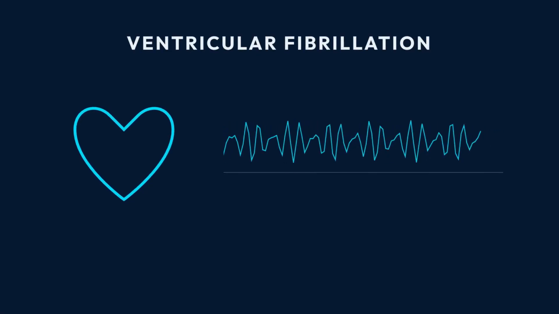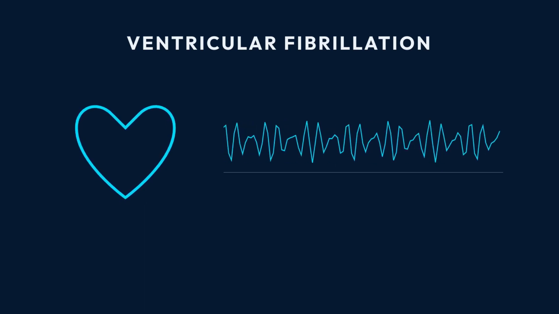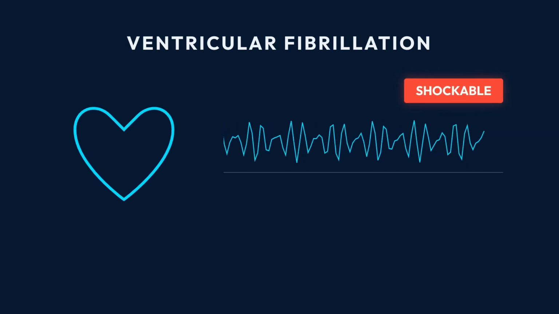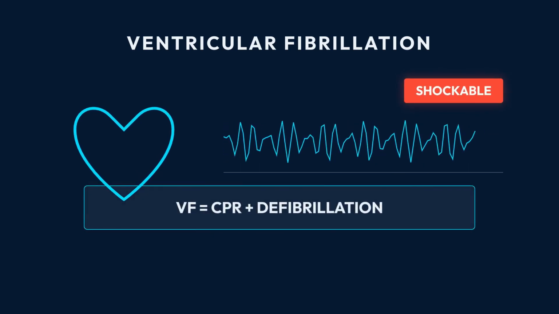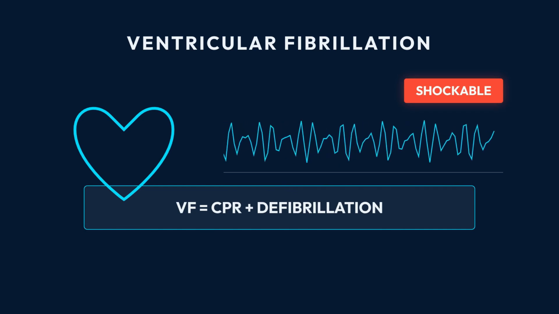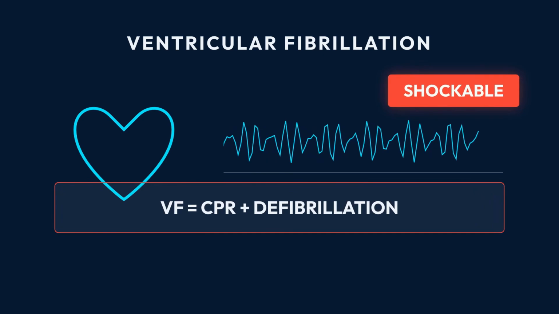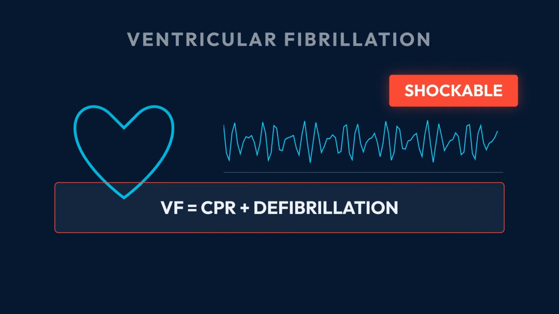Rhythm 3 is ventricular fibrillation. This is electrical chaos. The heart has no effective output, and the patient will be pulseless. This is a shockable cardiac arrest rhythm. Your priorities are immediate confirmation, activating the code, starting high-quality CPR, and delivering an unsynchronized shock as soon as the